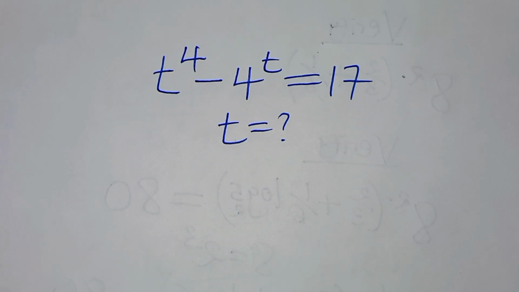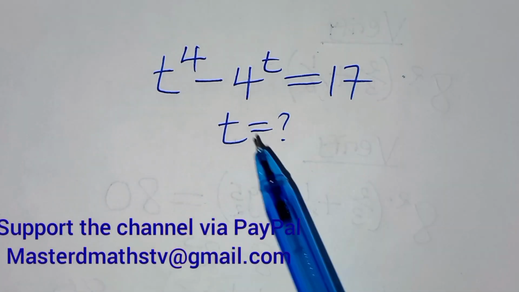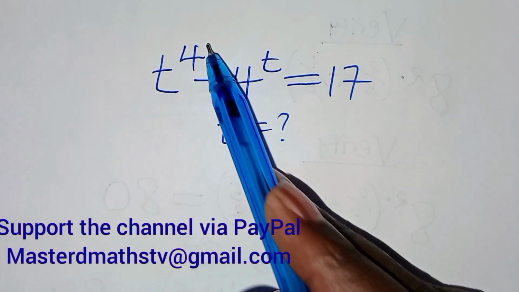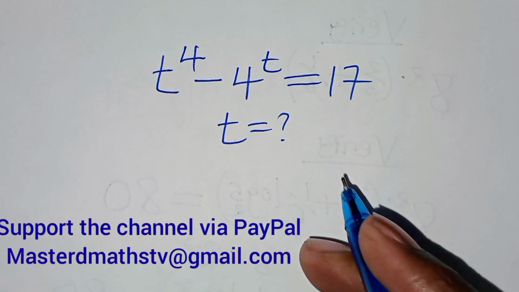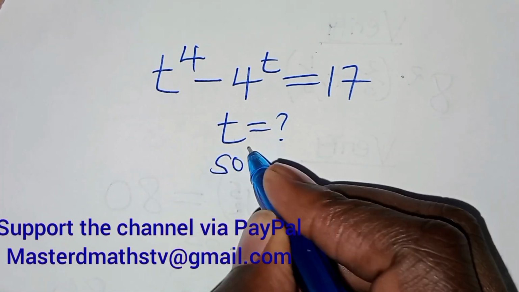Hello everyone, you are welcome to solve this nice algebra problem: t to power 4 minus 4 to power t is equal to 17. So what is the value of t? Solution from here,